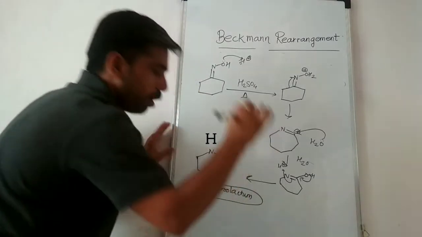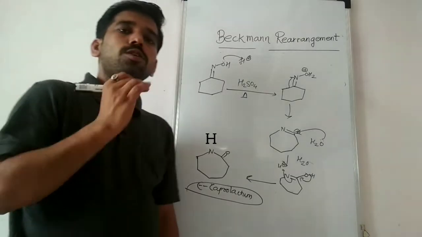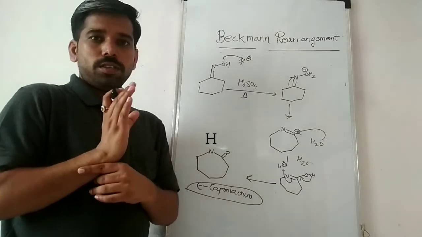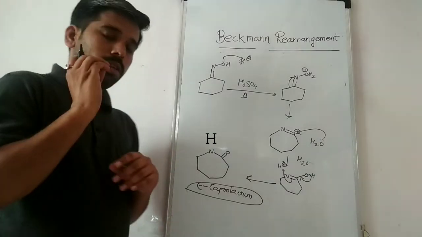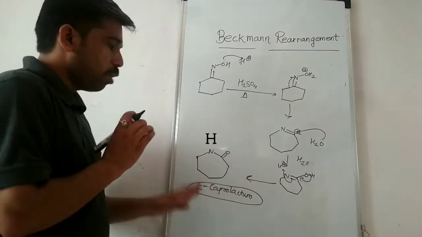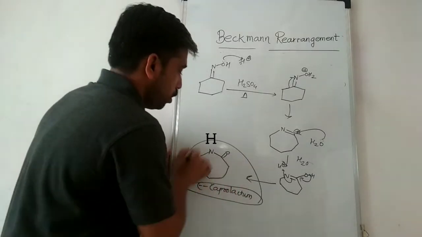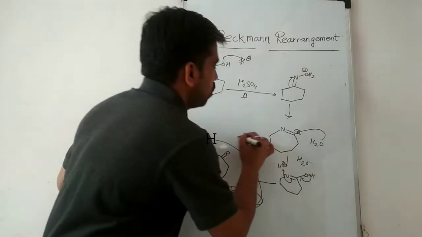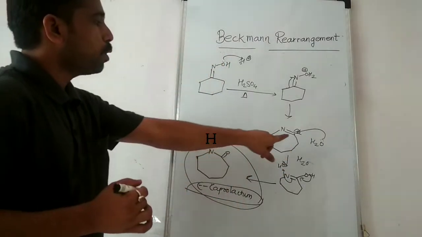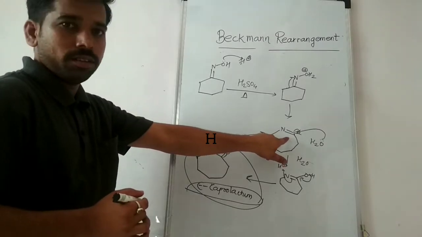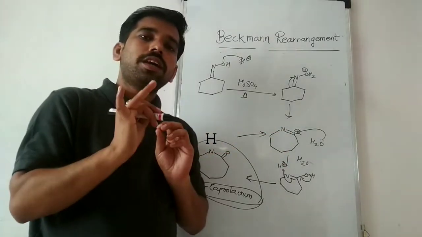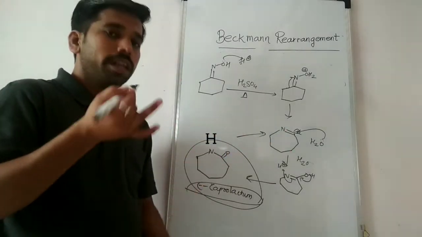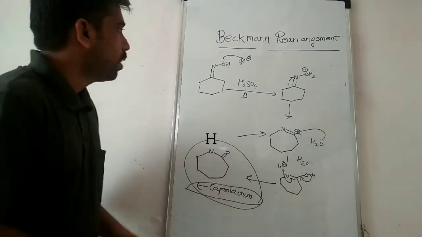and this epsilon caprolactam is used for the synthesis of nylon 6 polymers. Okay, so this Beckmann rearrangement is useful for industrial purposes, because for the polymerization reaction of nylon 6 polymer, this starting material is used. Okay, and see here, in this case there is no formation of the linear nitrilium ion. The linear nitrilium ion is formed only in the case of acyclic systems and not in the cyclic system because of the ring strain. Okay, now let's see another example